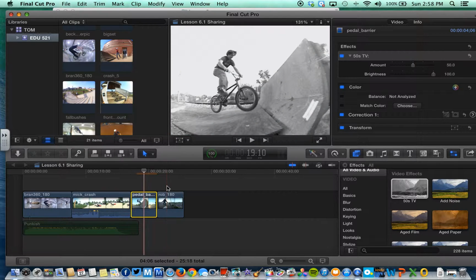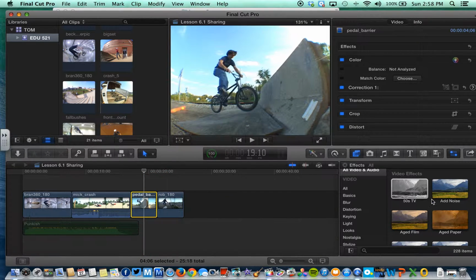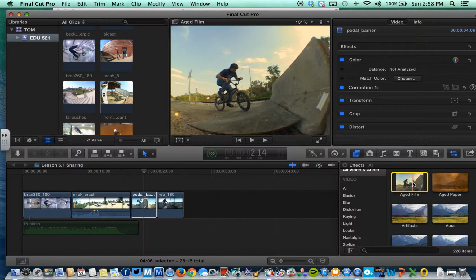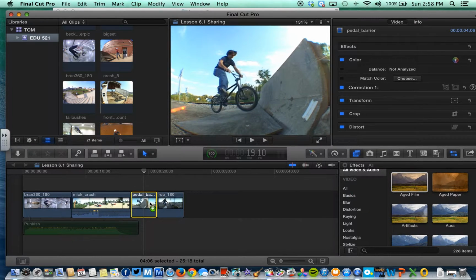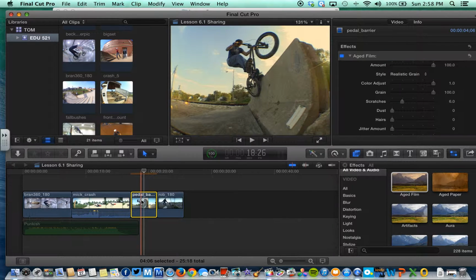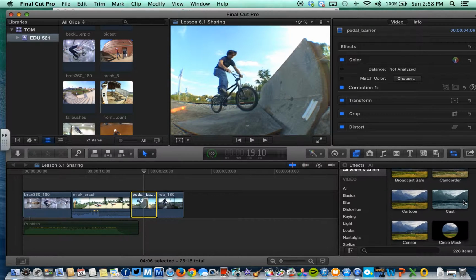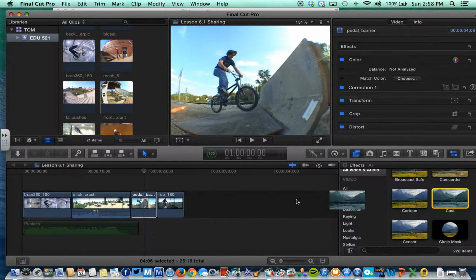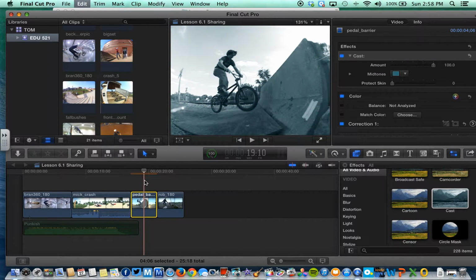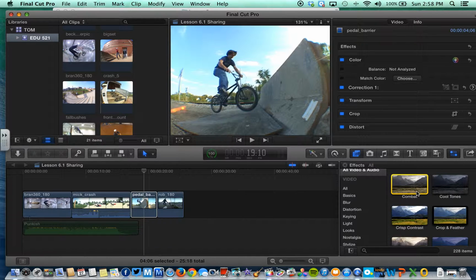I'm going to hit Command Z and take that effect out. Right? And they have other ones right here. They have aged film. And you just take it, and you just plop it right on the screen itself. And right there, it adjusts the video to how you want it to look. There's a cast for night casting. Look at that, just like that. Just by dragging it onto the clip, you have all these different types of